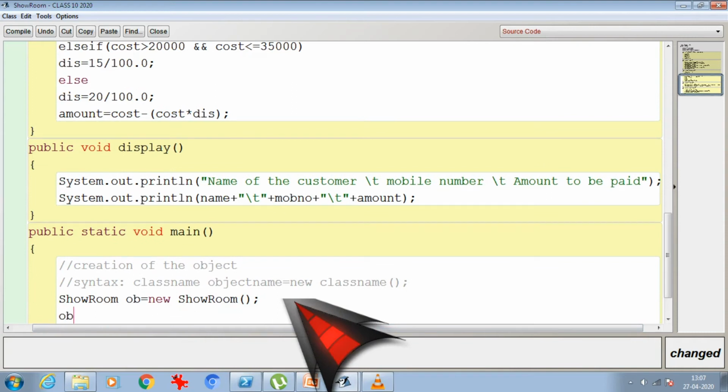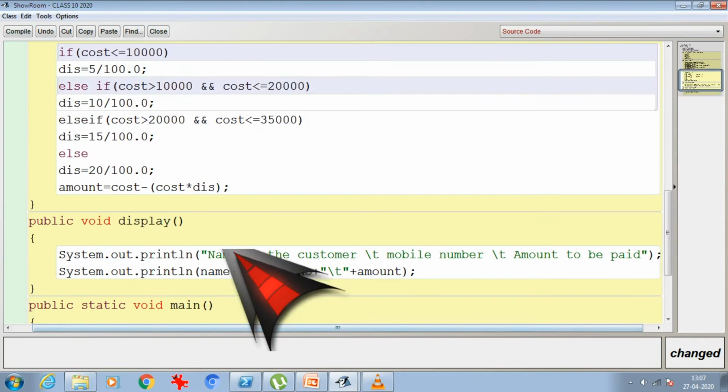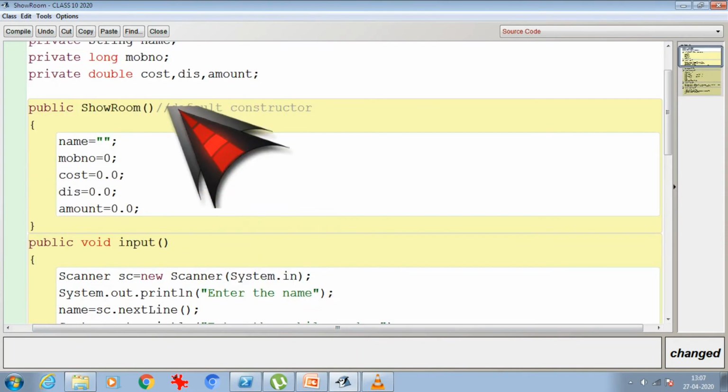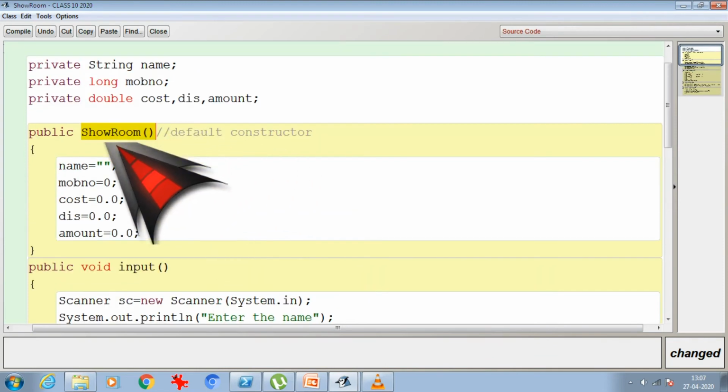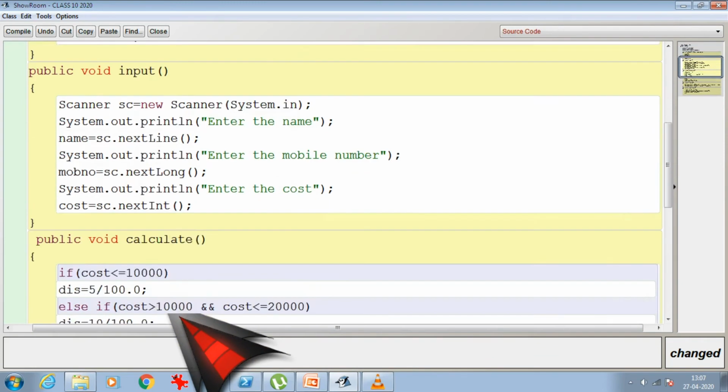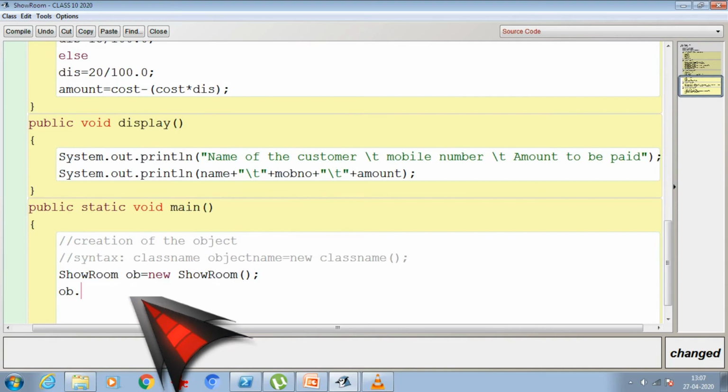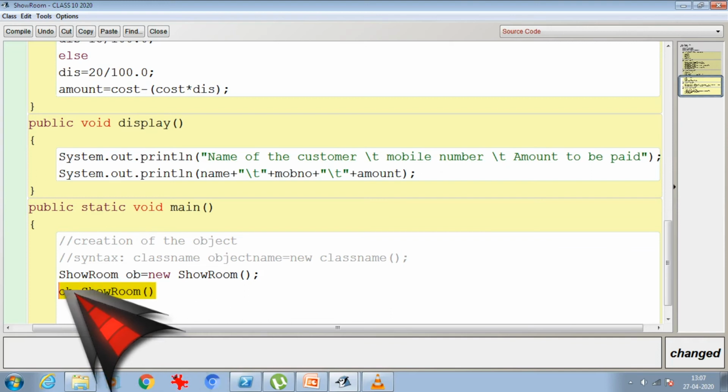Now when I call the methods, I call them with ob dot. You will say I have a prime method over here, which is a default constructor. This is also a method, but we don't call it specifically by writing ob.Showroom. We don't write it.